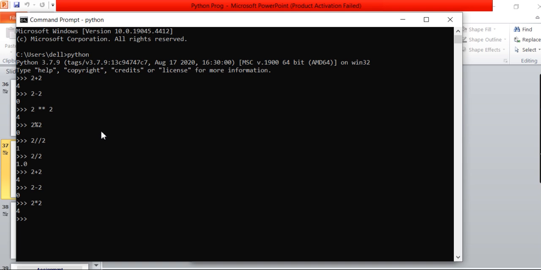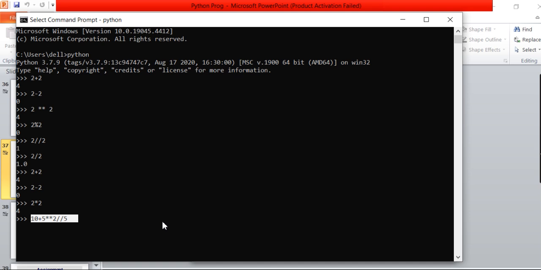Now students, I am taking one simple example so you can better understand the concept of arithmetic operators. How does Python evaluate this expression?